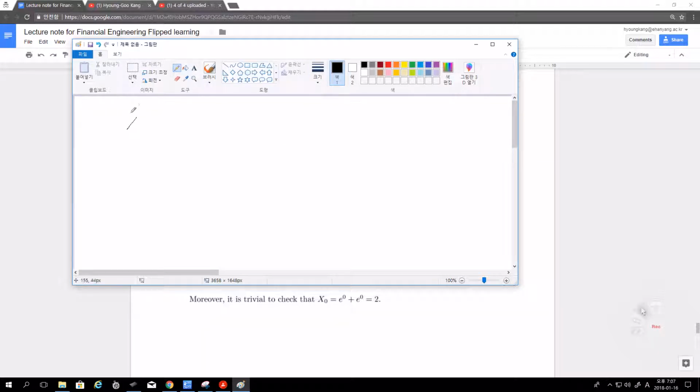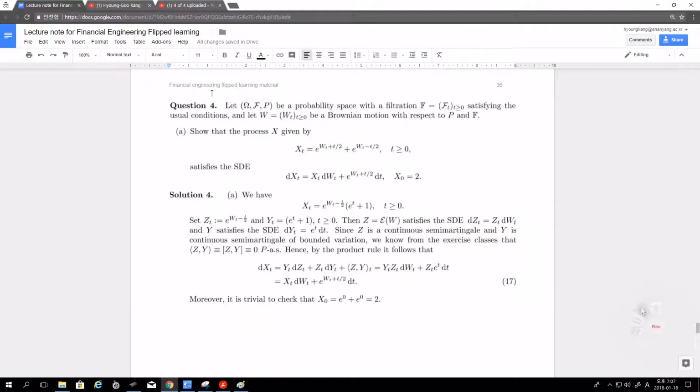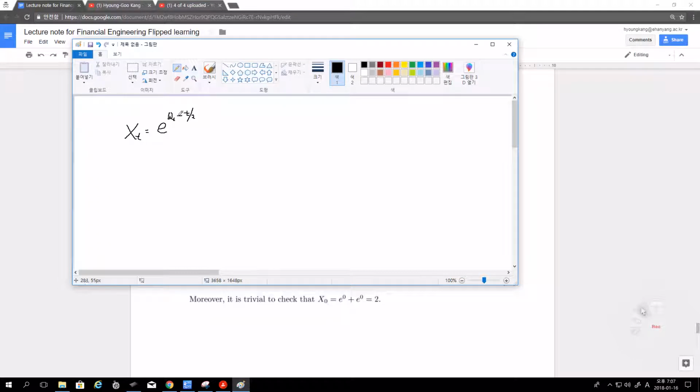So xt equals wt minus t over 2. Right? wt actually plus first. Okay, it doesn't matter, but anyway. Now this one plus wt minus t over 2. And then the question is,